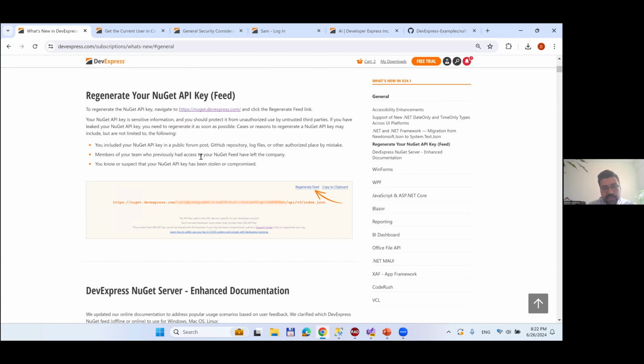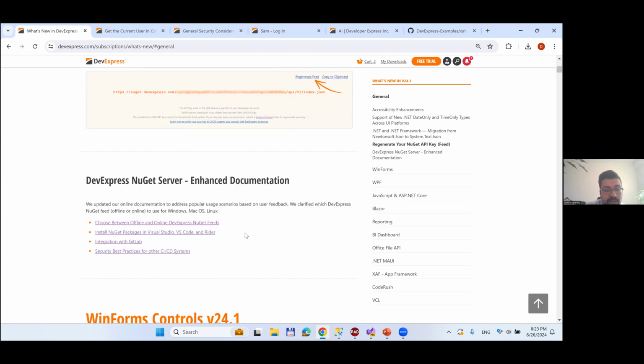As you probably know, if you have experience with our online NuGet feed, it's just a URL with some auto-generated key, and it's now easy for you to renew this key if it was stolen, not forgotten, but compromised. And also here we provided a lot of documentation updates for our NuGet server, again for typical use case scenarios,